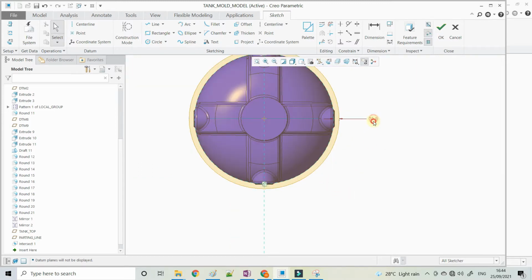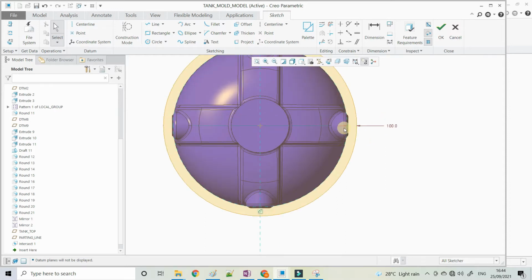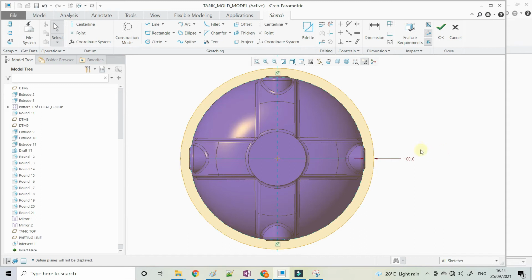Here it is a 70 mm offset. You can make it 100. So this is the flange, length 120.